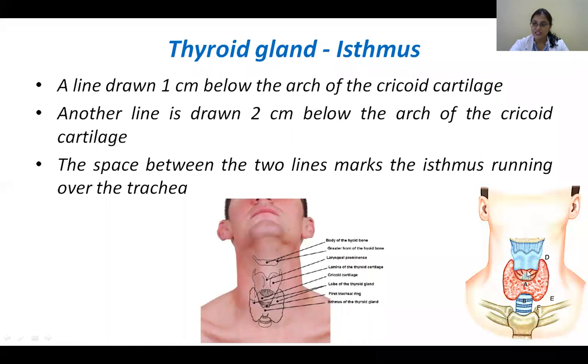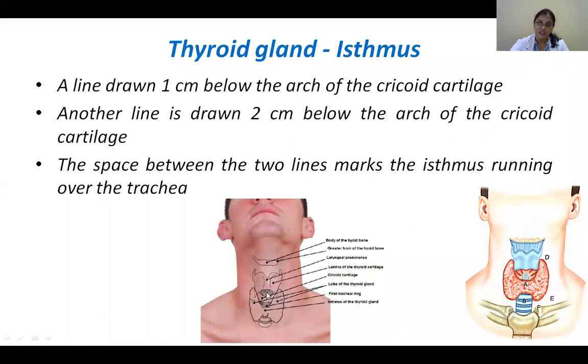Basing on the isthmus, above that they prefer a high tracheostomy. Then if they cut the isthmus, they perform a mid, and below that is a low tracheostomy. So when you hear the word tracheostomy, a procedure you will be learning in your ENT year, you should understand that the isthmus is important, and locating it is what I'll be telling you today. So you have to draw, and here this is the thyroid cartilage.